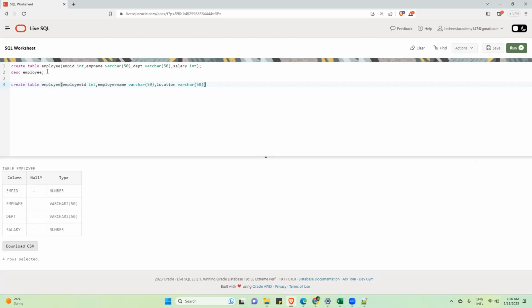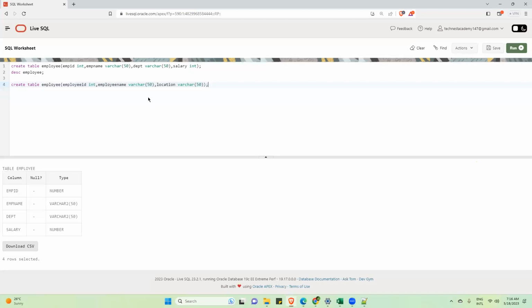Now I am trying to create one more table. The name is the same, this is employee, this is also employee. Column names are different: employee ID, employee name, location. So if I run this to create this employee table,